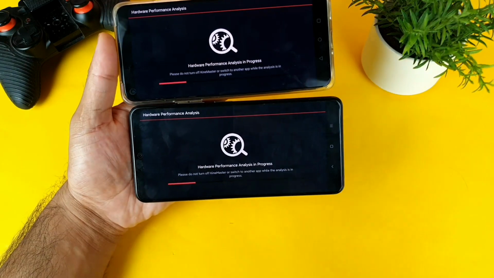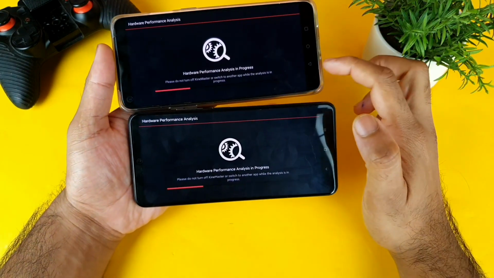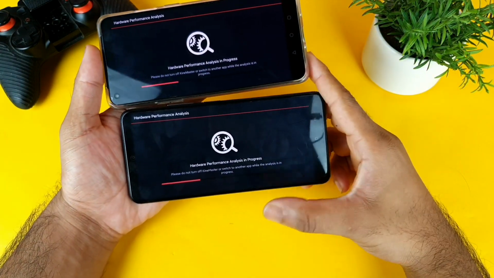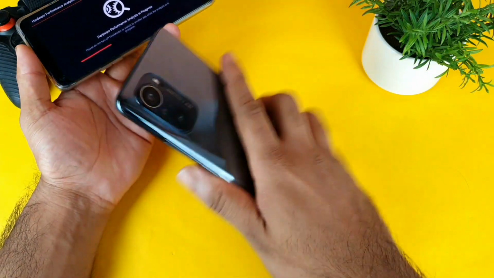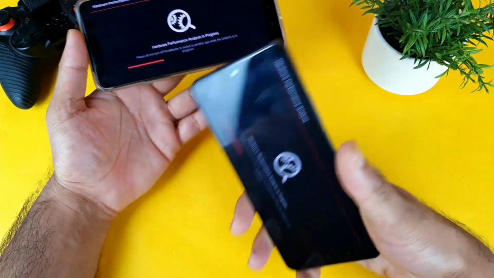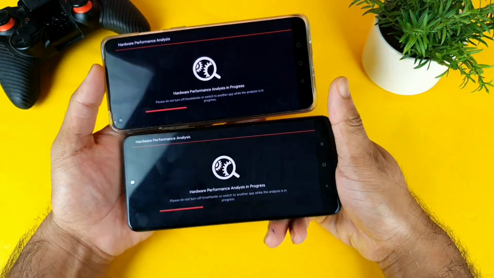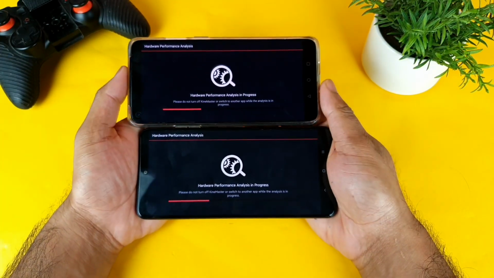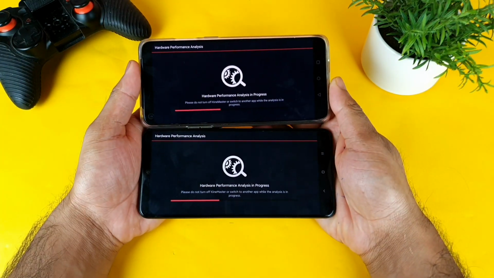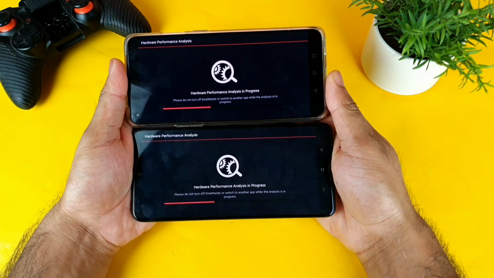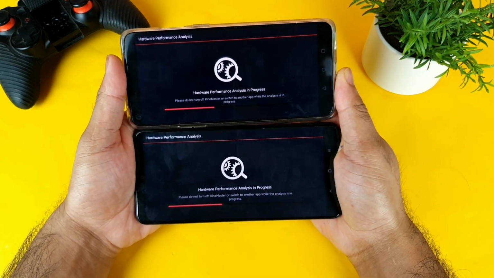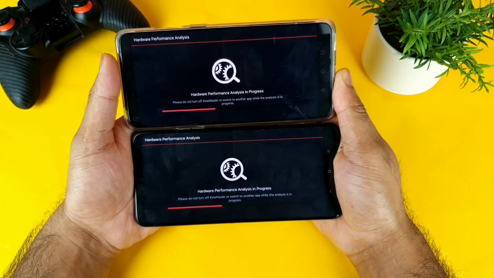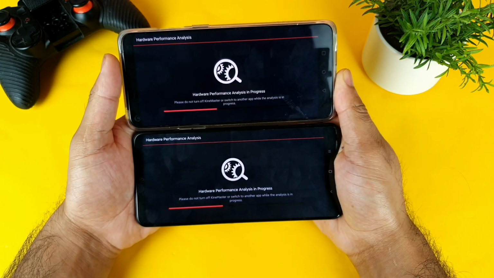So we'll get to know the results. This is a OnePlus 8T device which has the case, and the one which doesn't have the case is a Mi 11X device. So this is how you can differentiate between both phones. Very soon I'll be getting new cases for my Mi 11X device, so I can review on that particular topic as well. Right now, as you can see friends, both phones are doing the same kind of performance test, the hardware test.